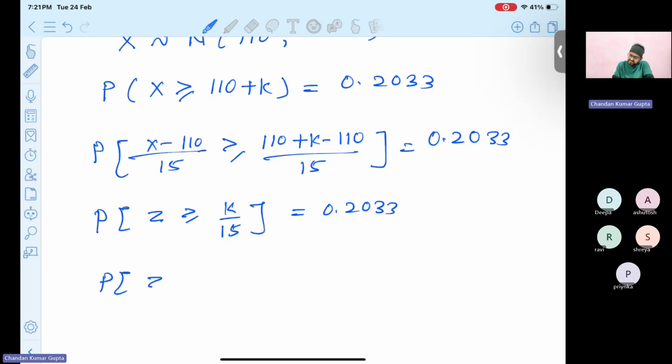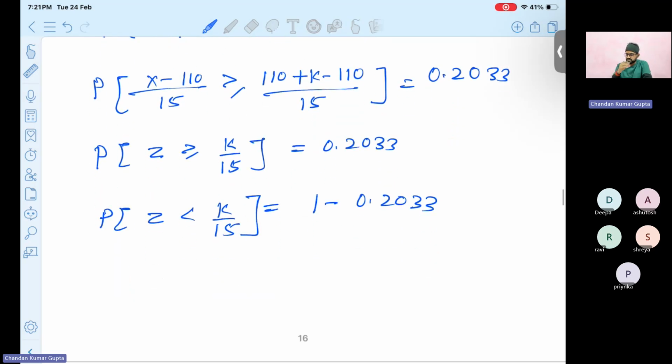Now use the complementation property. The probability that z is less than k by 15, you can use equal to if you want, comes out to be 1 minus 0.2033. Up to this point, is it okay? Just using the complementation property. So it can be solved and comes out to be 0.7967. So the probability that z is less than or equal to k upon 15 comes out to be this. The same concept